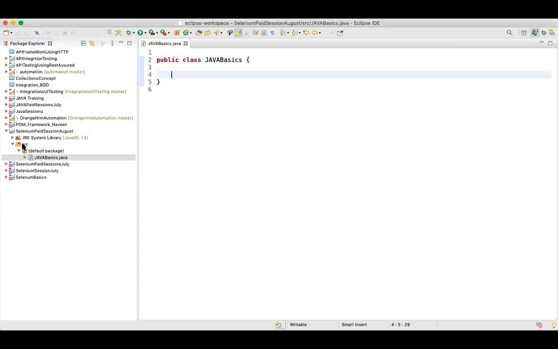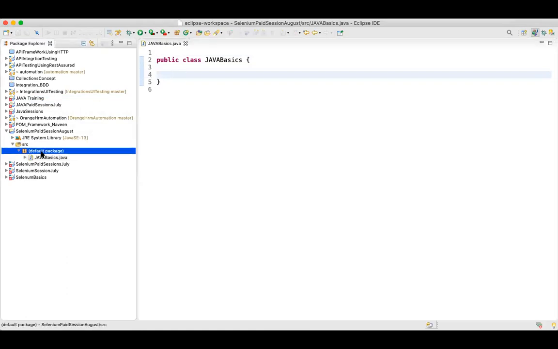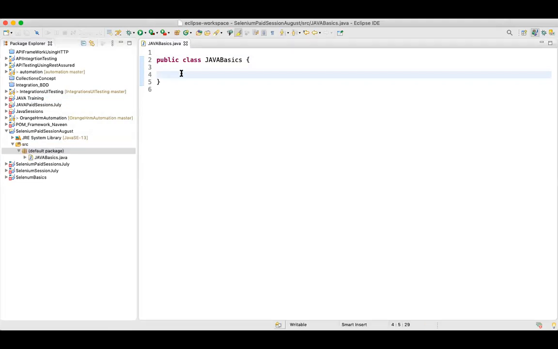Okay, within the source folder, we have this package, the default package. You can have your own package or you can use this default package. And I'll have this class, Java basics. Okay, guys. So now in Java, when we are moving to Selenium, let us see a few of the